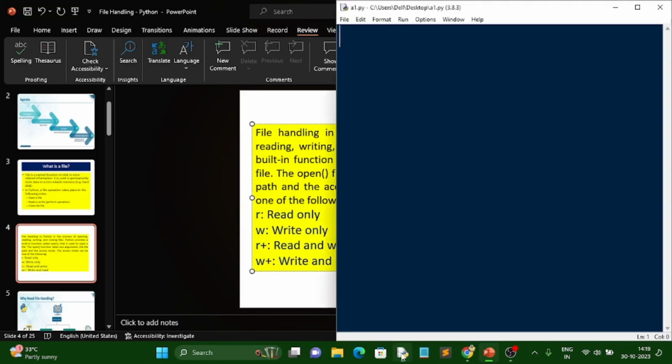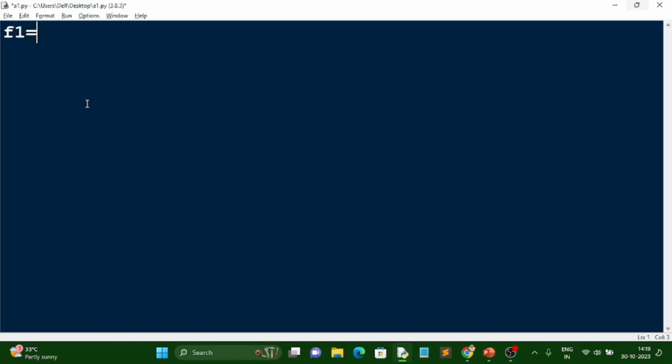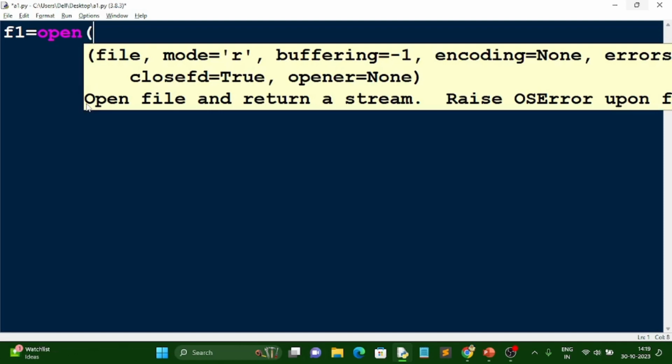Okay, so let's get started with using Python code to create a Python file handling program. So here is my IDLE which I kept open. Let us start writing the program. First line: file1 equals the open method. This open method takes two parameters. The first one is the file name, file1.txt. So I'm creating a notepad text file, and the mode is initially W,